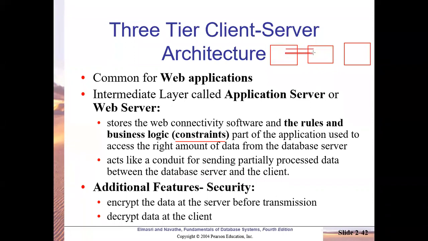Like for example, the client has sent the data, but it may not be directly understandable to the server. So this web server may do the required translation or transformation of the request, and then that translated request may be sent to the server. So this web server acts as an intermediary between the client and the server. This is how web servers are required for internet-based activity, and that's why such a system, which is made up of these two servers and the client involved, is called a three-tier client-server architecture.